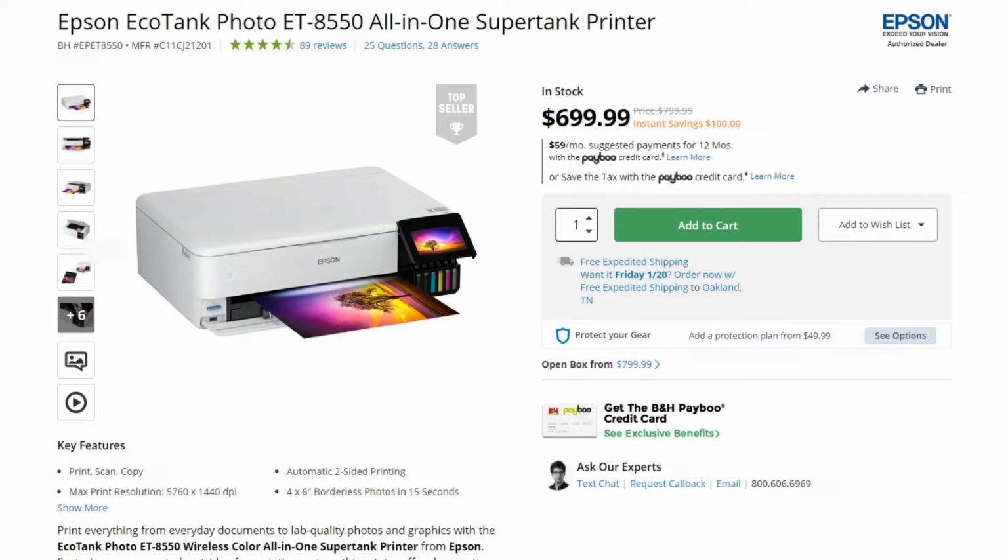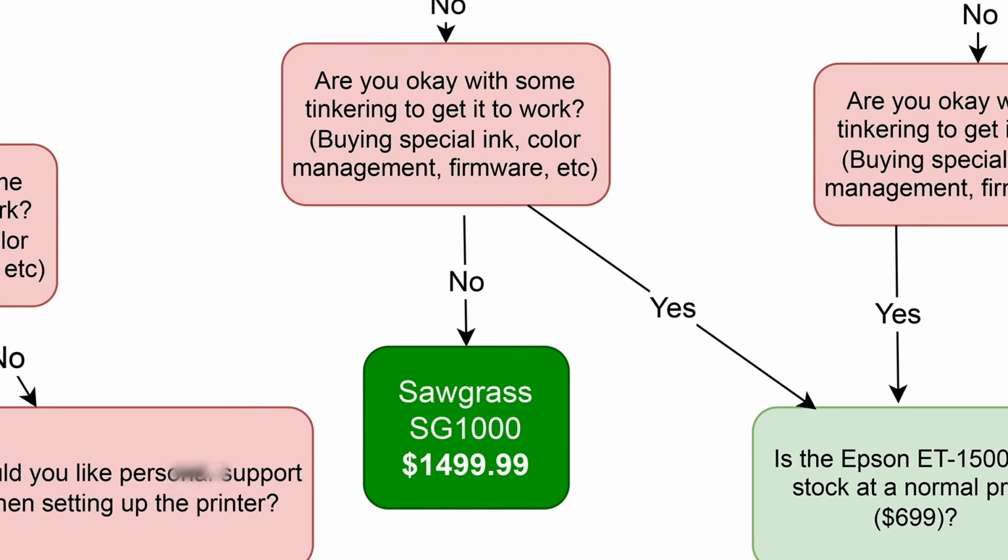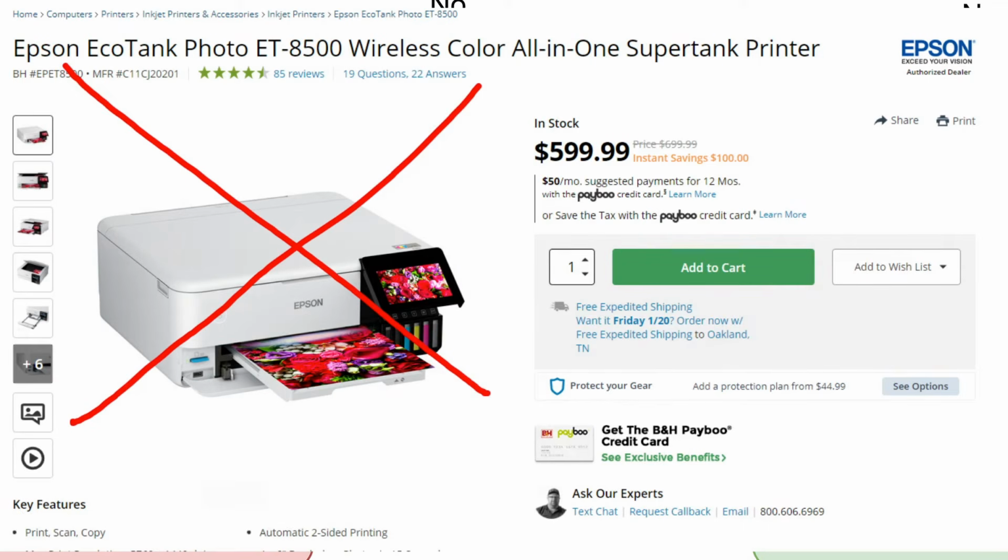The difference is that it's 6-color instead of 4-color, so it will require a photo black and photo gray ink in addition to the standard 4-color. In our line of work, I don't know that I can justify paying an extra $100 for the 8550. Keep in mind that both of these printers will require you to purchase sublimation ink to replace the factory ink. Please do not mess up and get the ET8500 confused with the ET8550, as it's a little crappy 8.5x11 printer